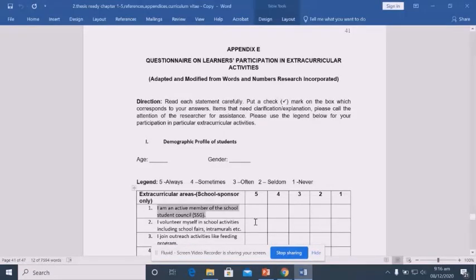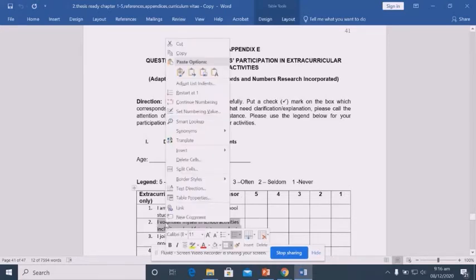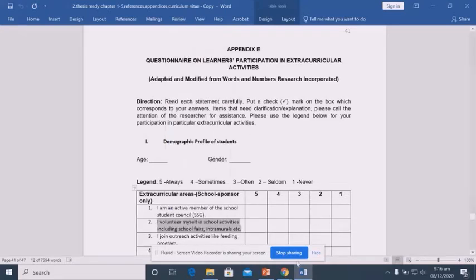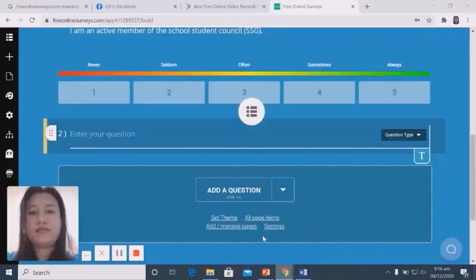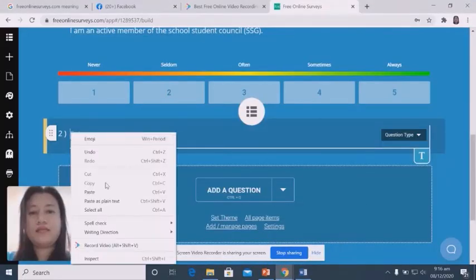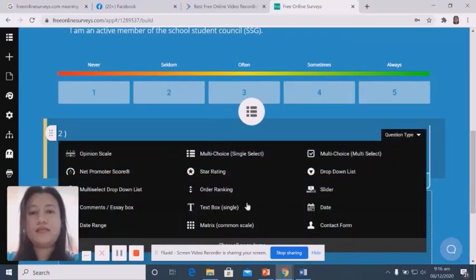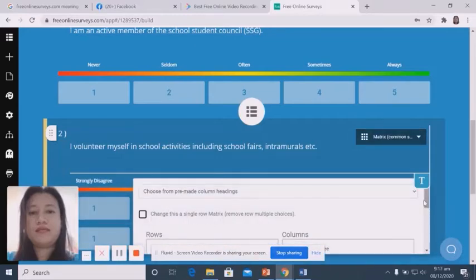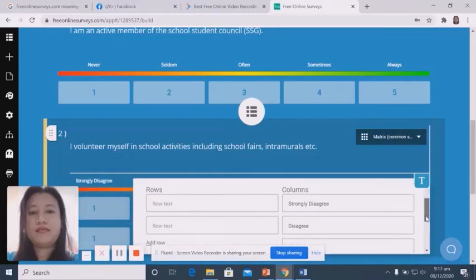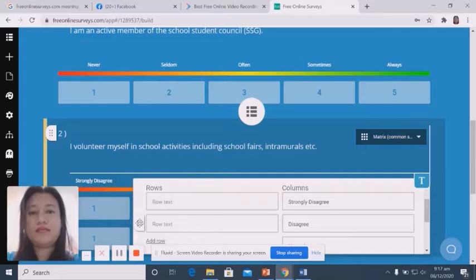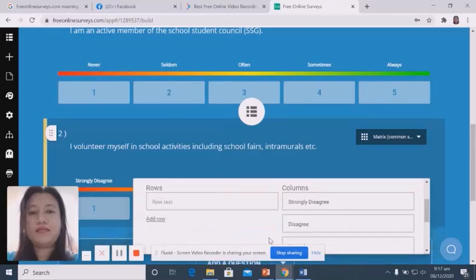Just copy from your questionnaire, then paste here. Then what you did earlier, do the same. Just type that one, click that one, and delete the other row, then change the scale into never,